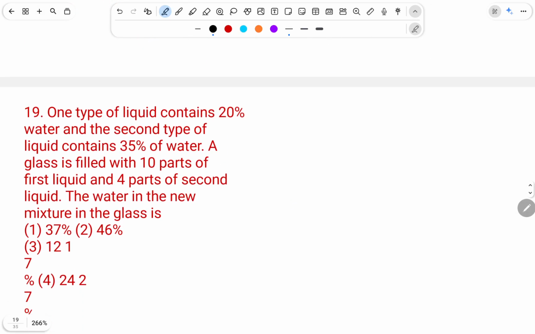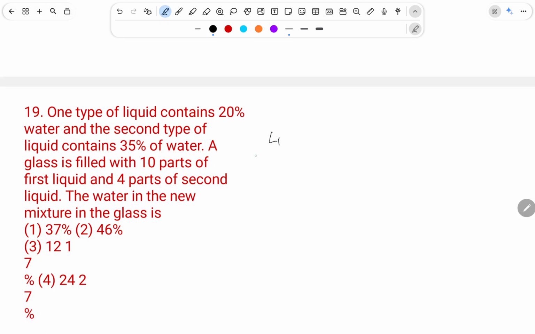One type of liquid contains 20% of water and the second type of liquid contains 35% of water. A glass is filled with 10 parts of first liquid and 4 parts of second liquid. The water in the new mixture in the glass is... So 20% water, one type of liquid. So liquid